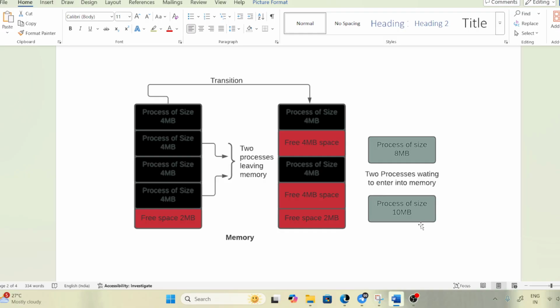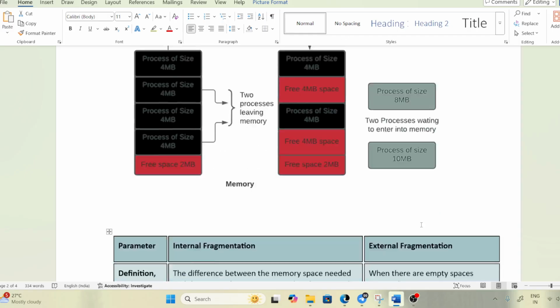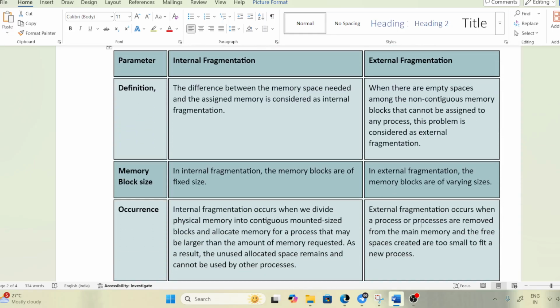So now what concept occurs here? Now we have the concept of fragmentation, internal fragmentation or external fragmentation. So what is internal fragmentation? Internal fragmentation is the difference between the memory space needed and the assigned memory. Here internal fragmentation means the memory blocks are of fixed size. अपने पास जितने भी blocks हैं, all the blocks are of fixed size. So internal fragmentation occurs